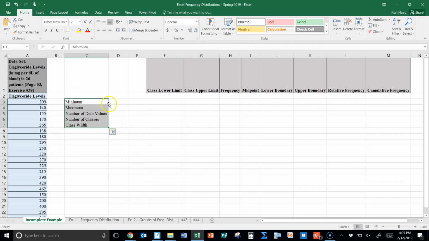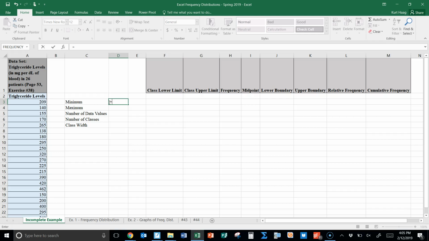constructing our frequency distribution. To help us figure out our class width eventually, we're going to need to know the minimum and the maximum values in our data set. There are a couple of ways we can figure that out pretty quickly. There is a function in Excel that allows us to find the minimum of a data set. Whenever we're entering functions into Excel, you always want to make sure you double click into a cell and get the blinking cursor,